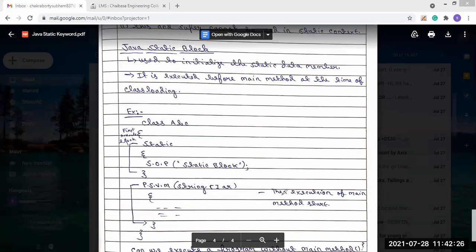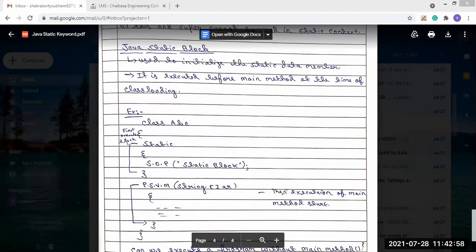There may be a question: can we execute a program without a main method in Java? This is a very conceptual question. The answer is yes.